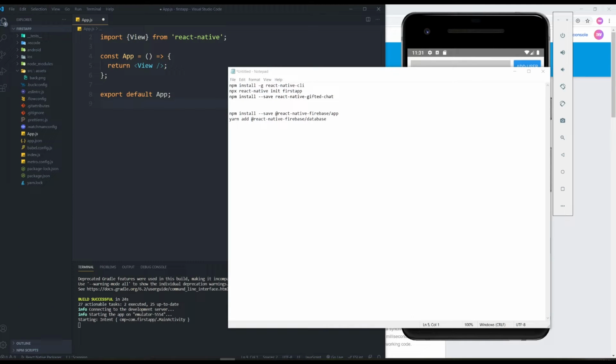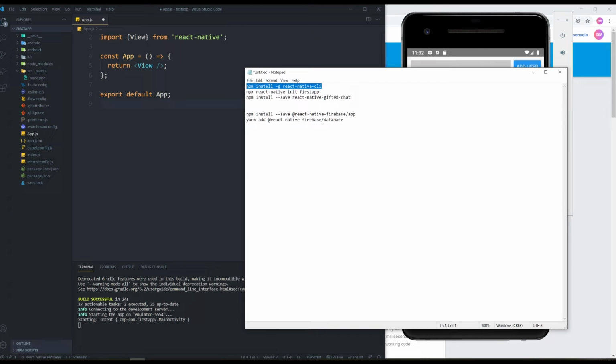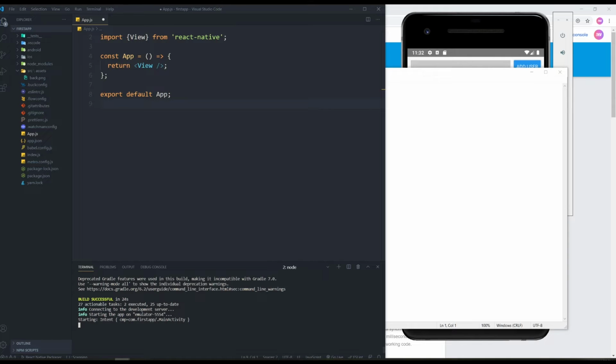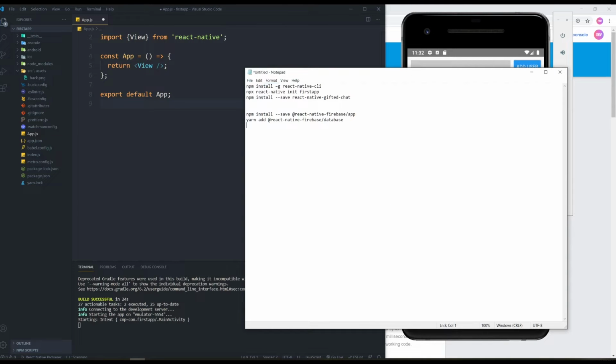Okay, if you want to do this project from scratch, you first need to install React Native CLI if you don't use React Native right now. So you need to install the CLI tool, and you can easily copy and paste it inside your terminal and install it. After you install the React Native CLI, you need to initiate a new React Native project using this